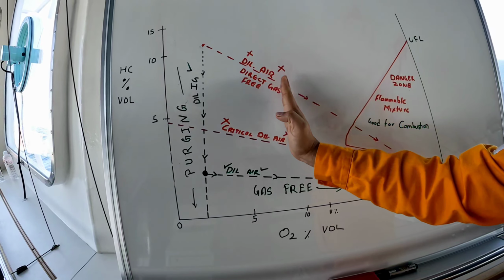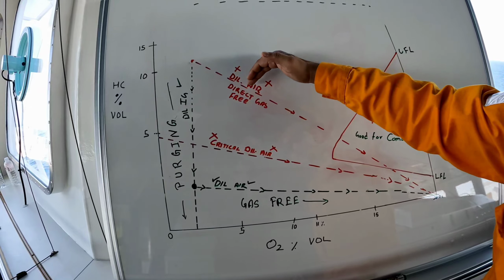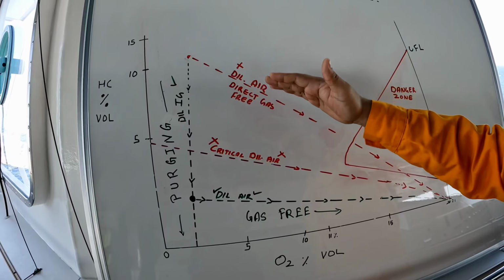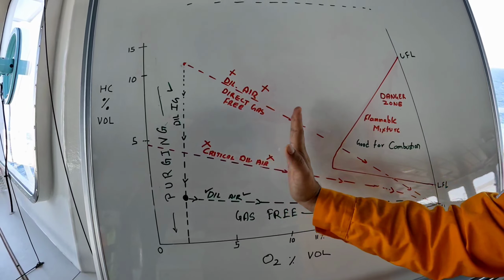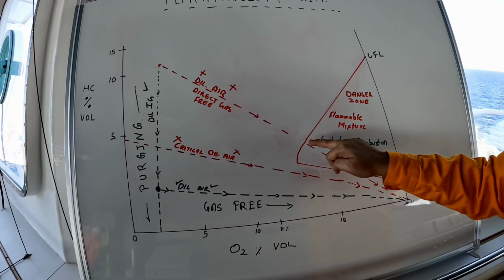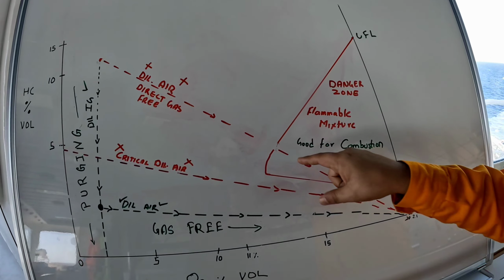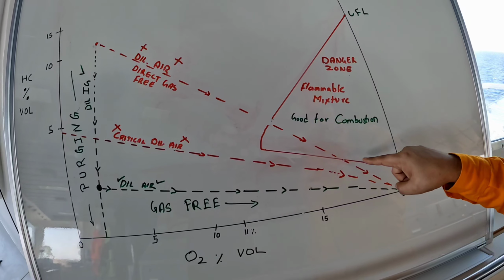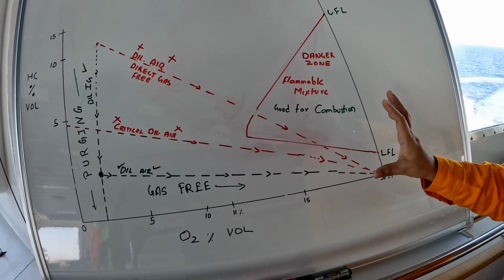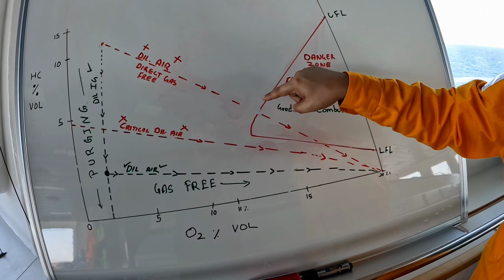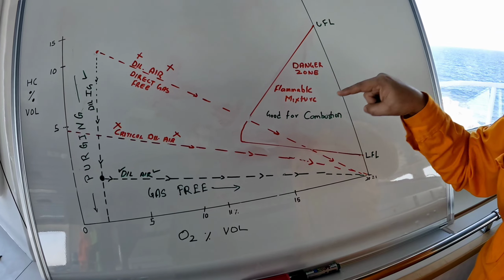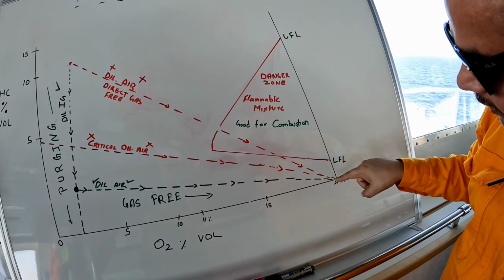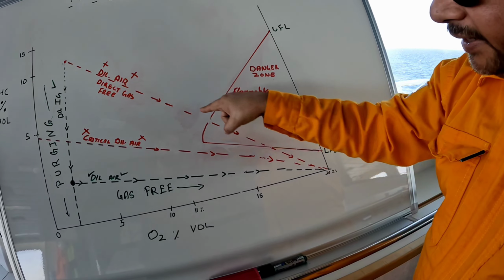So as we are coming down this graph, your hydrocarbons are reducing, but your oxygen is increasing. As the graph is slanting down, hydrocarbons are getting less and oxygen is increasing. So we are coming here, and at this point we are entering the flammable mixture zone, and your tank will be in this range for some time. So that is the danger. This is the risk we are taking, and you can lose life, you can lose your ship, you can have big explosions. So this is the wrong way of doing it, but you will reach 21% by taking this risk.